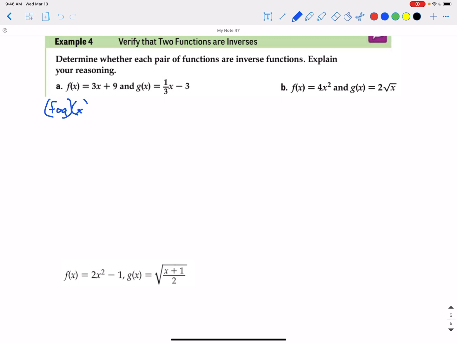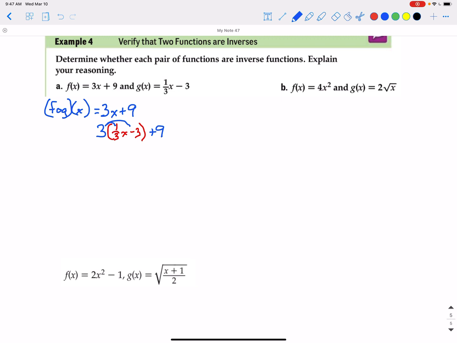And what that means is that we're going to take the g function and plug it into the f function. So starting with 3x plus 9, we will replace the x with the g function, and the g function is 1/3 x minus 3. So I replace the x with 1/3 x minus 3, grouped it in parentheses, plus 9. And then we simplify,